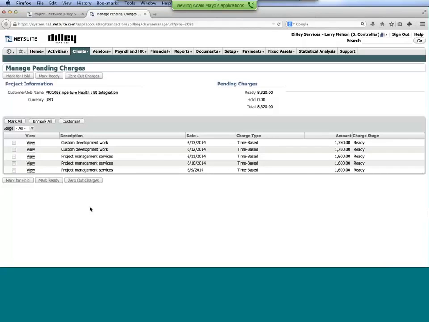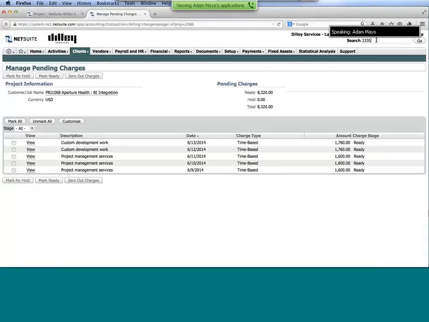You may recognize this from the opening flow earlier, where I can now go in and manage those charges on this particular project. And so the nice thing here is that you have the ability to put items on hold. So perhaps I'm not sure if I'm going to be able to build this out yet. I just want to hold it for the time being, and so that way when we go to create invoices, it's not going to be accidentally put on something, but it's still eligible down the road to perhaps be invoiced. So having those types of mechanisms to go in and alter or manipulate those details is certainly helpful.